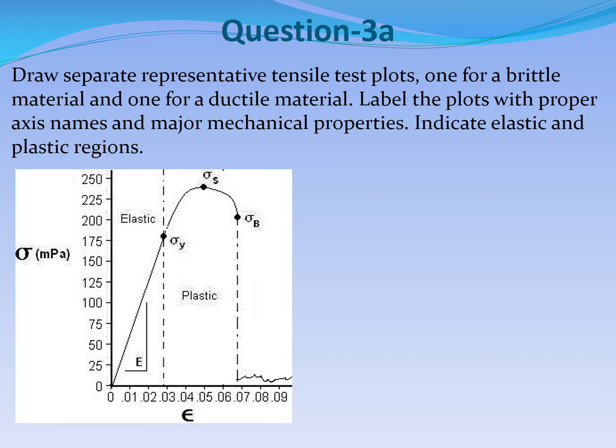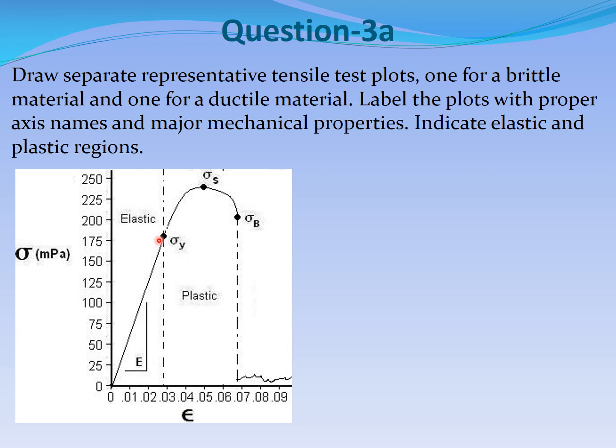This is an actual one. So forget about the numbers. But just say sigma here, epsilon here, and some units. If this is megapascal or psi, then it's okay. A strain of course has no unit. And this is a straight line region, then a curve region, and so on. So this is a representative plot, and the names are stress and strain, right?